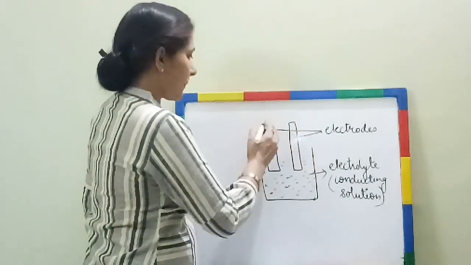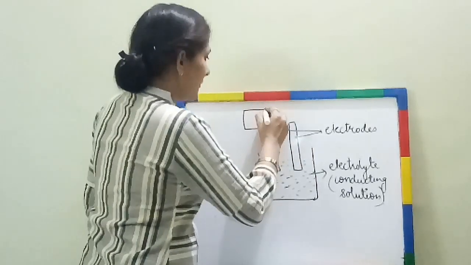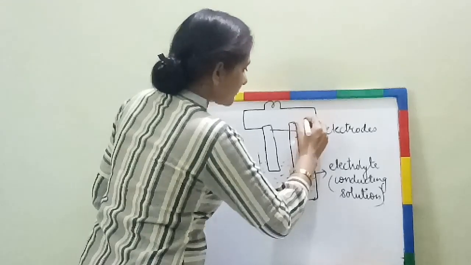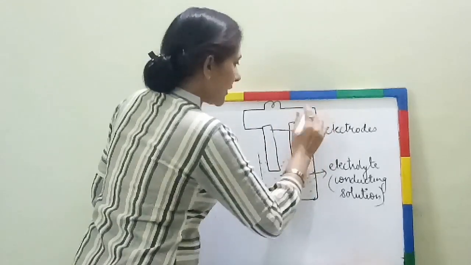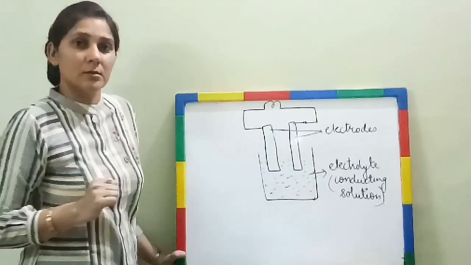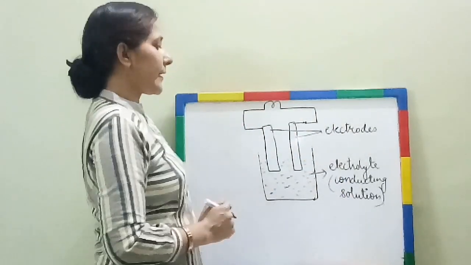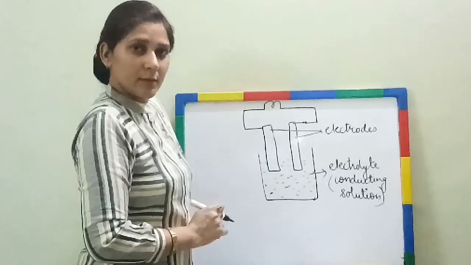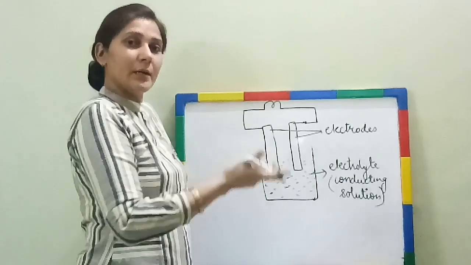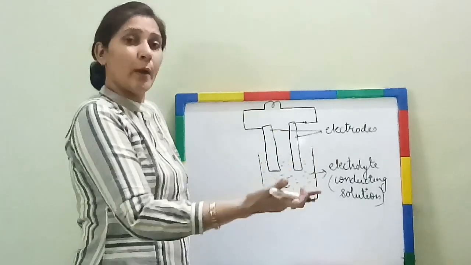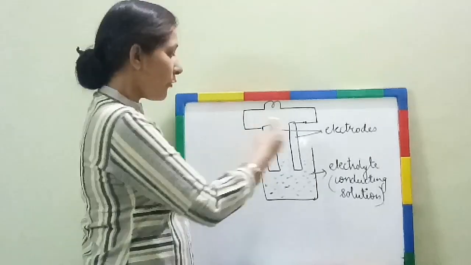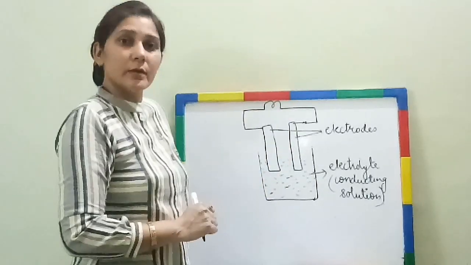This is the cell. We can join it this way. If this is the key, you can close the key this way, right? This is the complete circuit diagram. Now if the cell is drawn this way, we are assuming that current is flowing from one terminal to another, from one potential to another. But from which to which? Current flows from higher to lower potential. How do we come to know which one is higher potential and which one is lower?